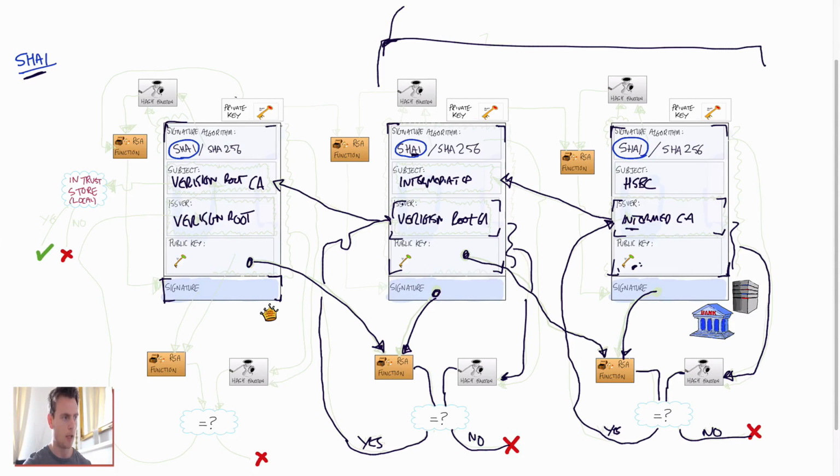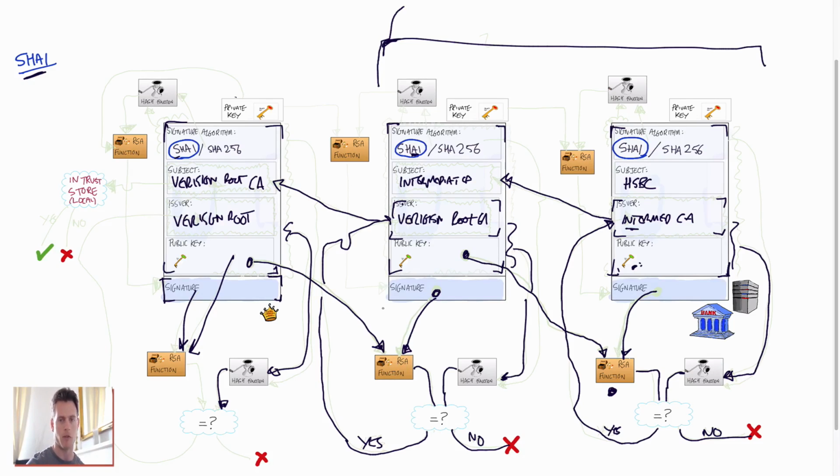If we take this entire certificate and pass it through the SHA-1 hash function, it should be exactly the same as the decrypted signature using the public key of the same certificate. If you look at the diagram here, this decryption of the server certificate was done using the parent's public key, and